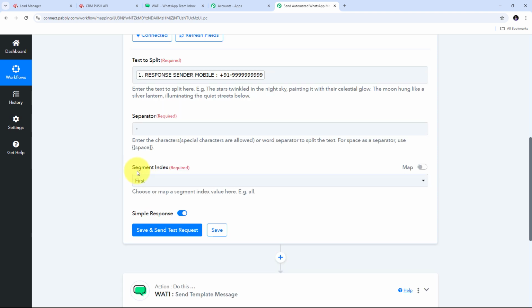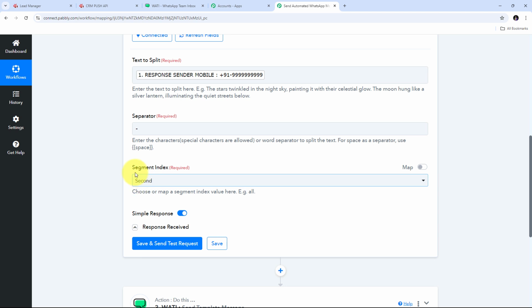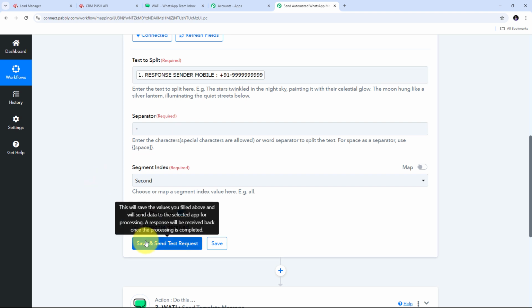Now what I need to do is give my segment index. So I'm going to open this tab and select second here. By using second as my segment index, I can get the WhatsApp number, and I will exclude +91 and the dash from my WhatsApp number. Now I'm going to click on the save and send test request button,